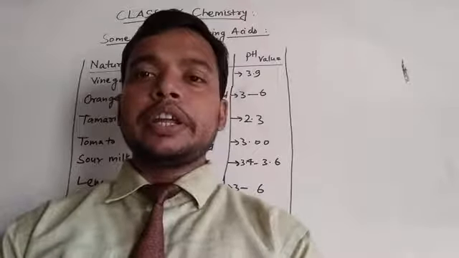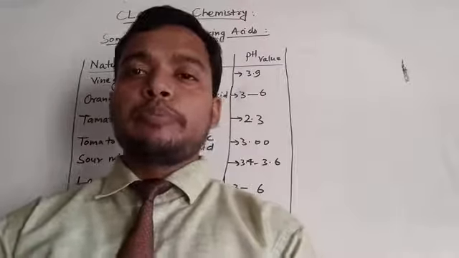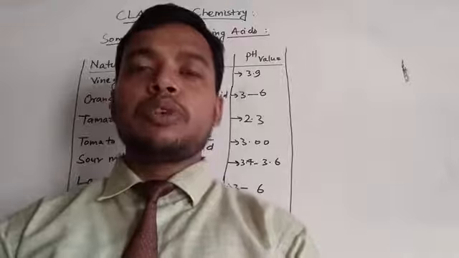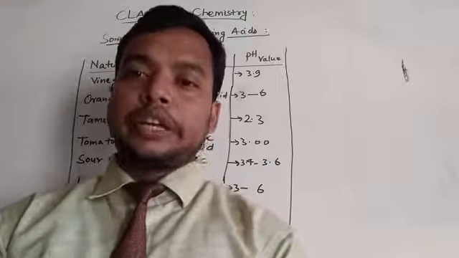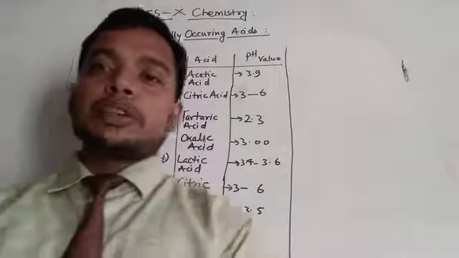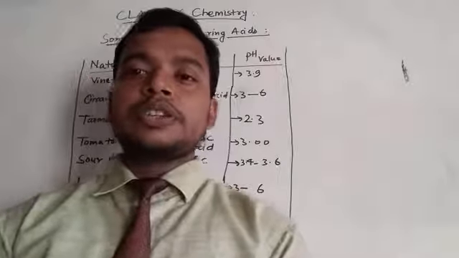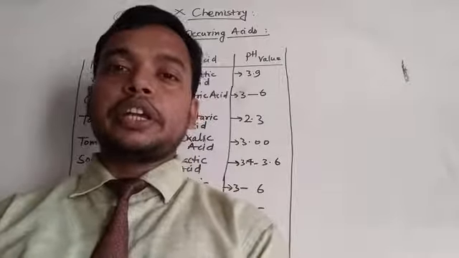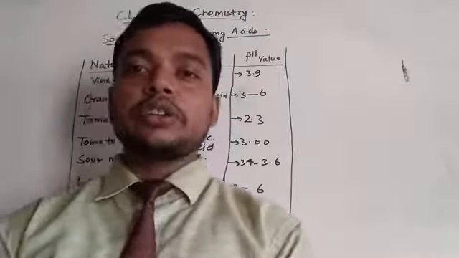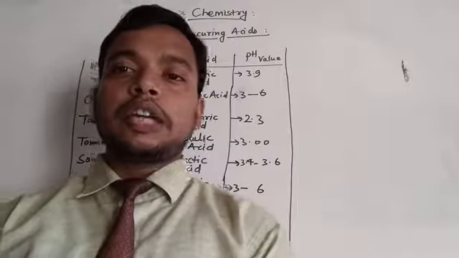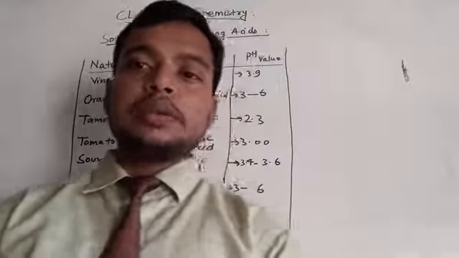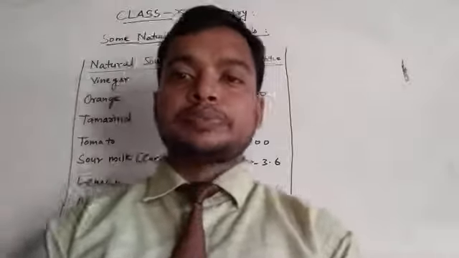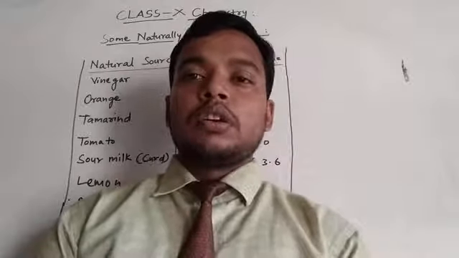Universal indicators are made from a mixture of various indicators. After adding universal indicator into an acidic or basic solution, we get different colors, and on the basis of this color we find the concentration of